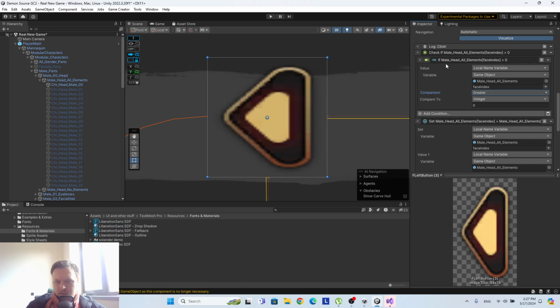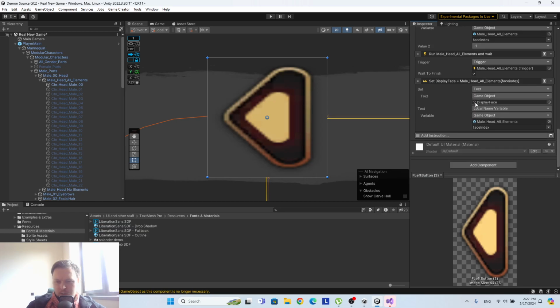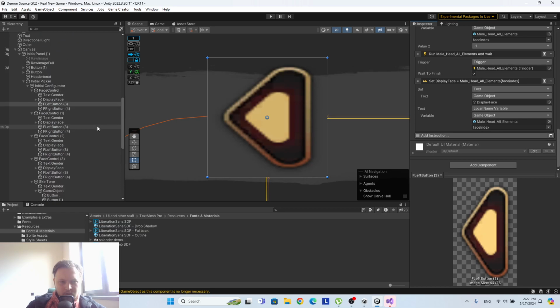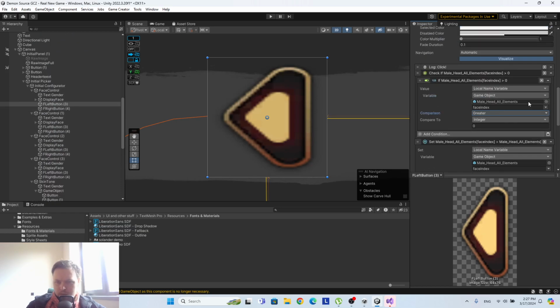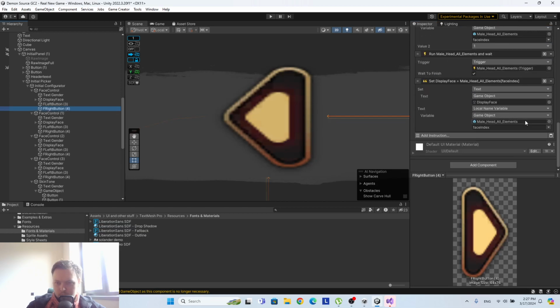So if it's greater than 0, it will run all these actions. If it is lower, let me copy and